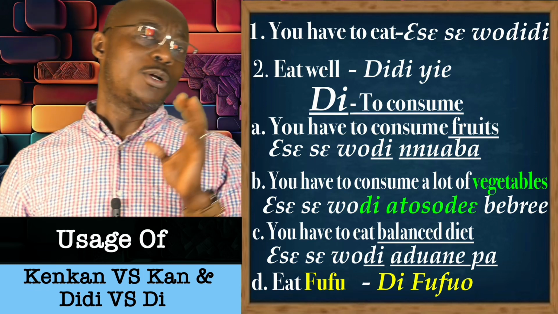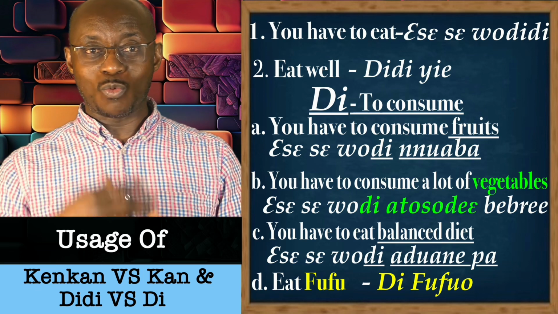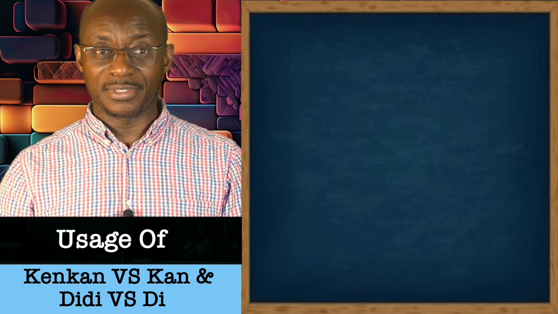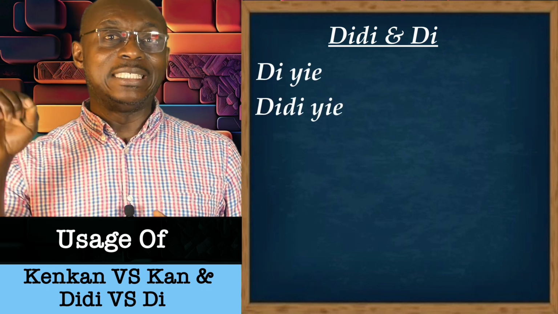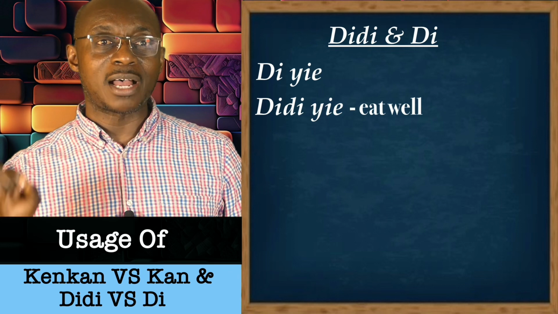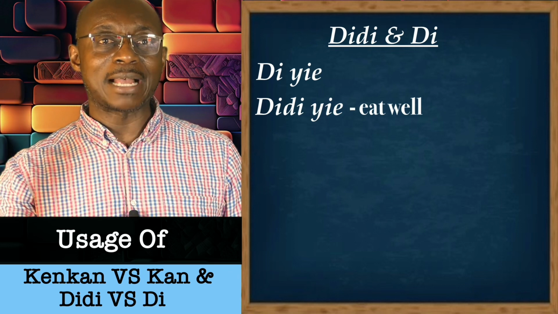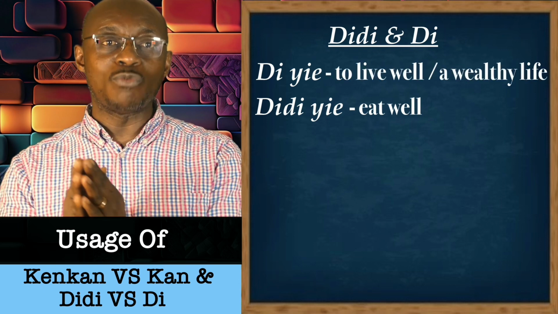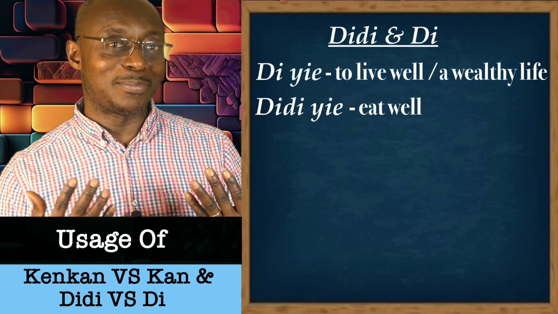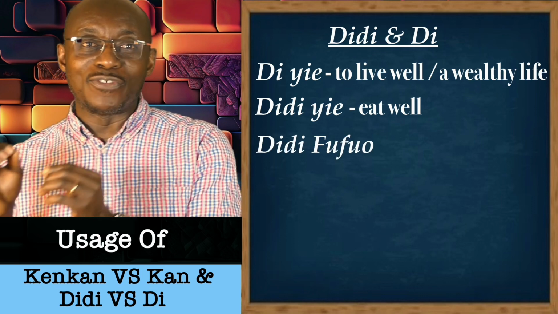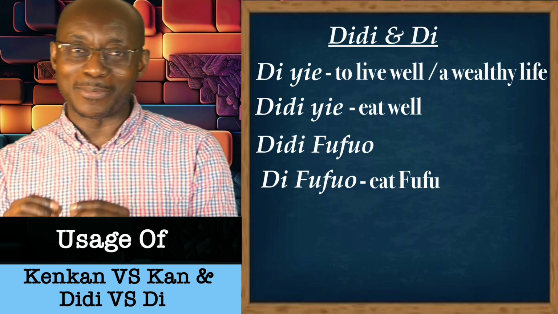Okay, but I want you to note that one sounds very weird when one misuses these two verbs. For example, if you say diye instead of didiye, you sound very weird and laughable. Besides, diye means something else. It means to live well or live a wealthy life. Another example, if you say didi fufu instead of di fufu, you will sound very laughable in the ears